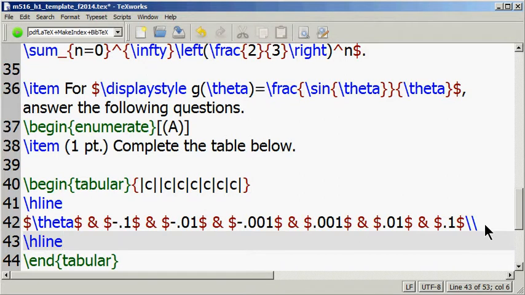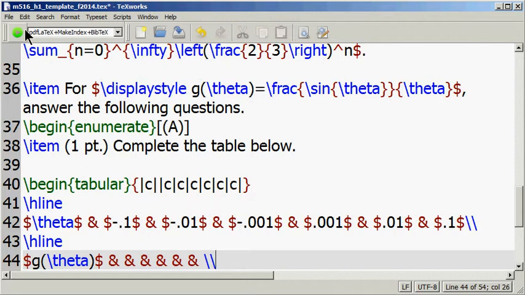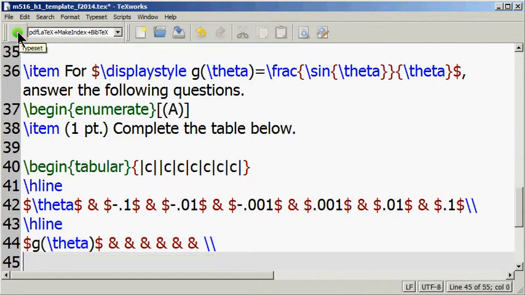So first item was, right, g of theta. So we put that. And then you have 6 blanks. So you have 1 blank, 2 blank, 3 blank, 4 blank, 5 blank, and the 6 blank. And then you say double backslash, right? Then I guess I have to put another hline, horizontal line. Then it's going to look like this,